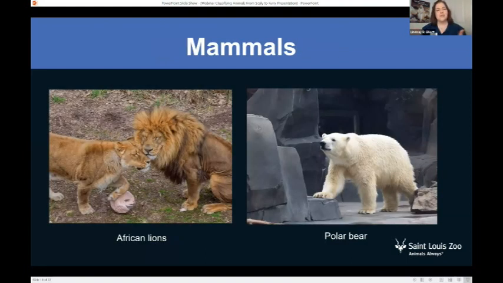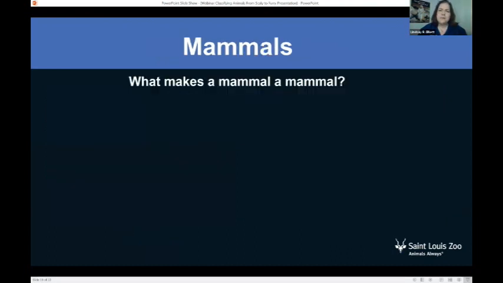Okay, mammals. A lot of people have their favorite animal in this group. African lions. And I have an image of a polar bear. The two lions in this picture are Ngozi and Kobara, and the polar bear here is Cully. So what makes a mammal a mammal? Why are they in a group by themselves? They